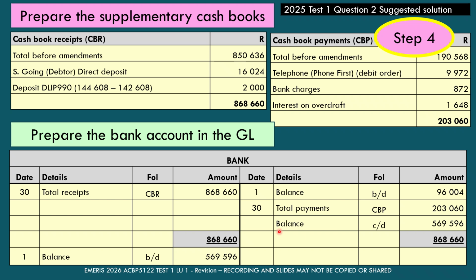And lastly, you are going to nicely balance your account with a balance carried down as well as a balance brought down. All of these carry marks in an assessment, so please don't leave any of this out, because that's going to cost you in marks. And that is what step number 5 looks like in the bank reconciliation process.